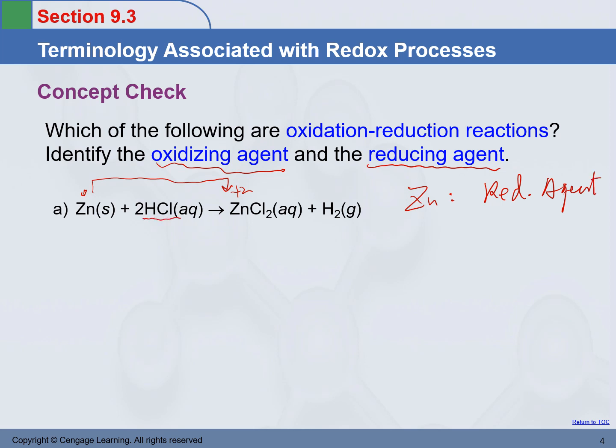Then HCl. Inside HCl, hydrogen changes from +1 to 0 in this case. So the oxidation number of hydrogen is decreased. We may claim hydrogen in HCl is the oxidizing agent. Well, usually we do not claim an element in a substance as an agent. We call the whole thing an agent. So HCl